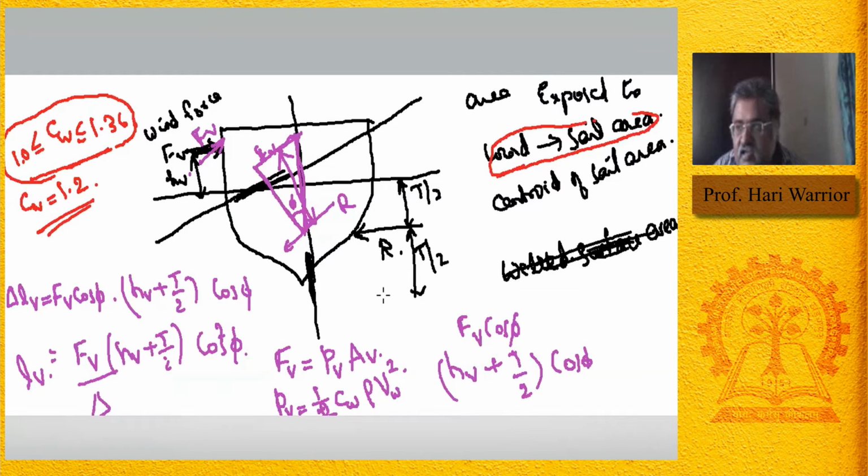So the only main thing you have to remember here is that the wind heeling arm is basically proportional to cos square phi. When it heels like this, it depends upon cos square phi. So when you put cos square phi as the parameter, it looks like this. Not very different, but slightly like this. This is why we had the GZ curve like this and the wind heeling arm curve like this, and it has 2 points. So that is how it works.